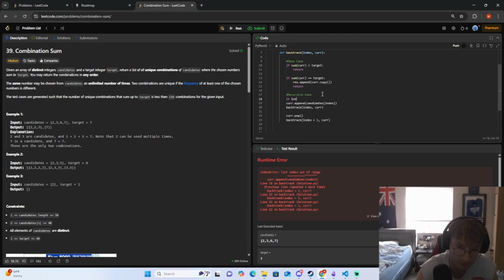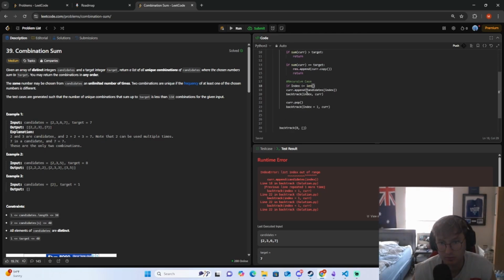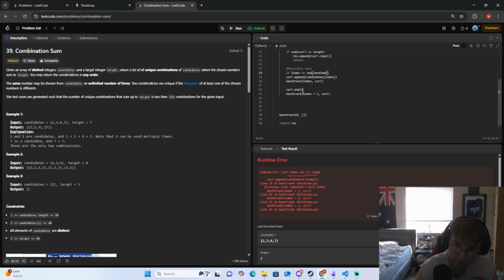If index is less than or equal to the length of candidates